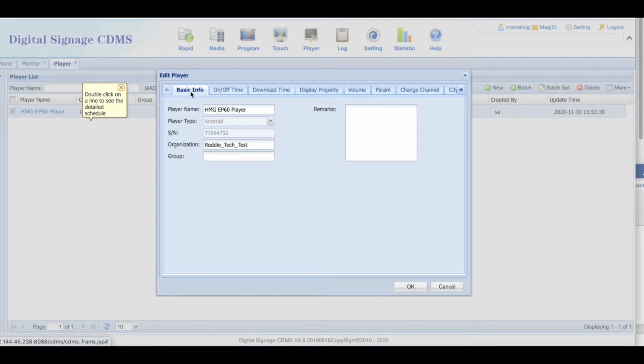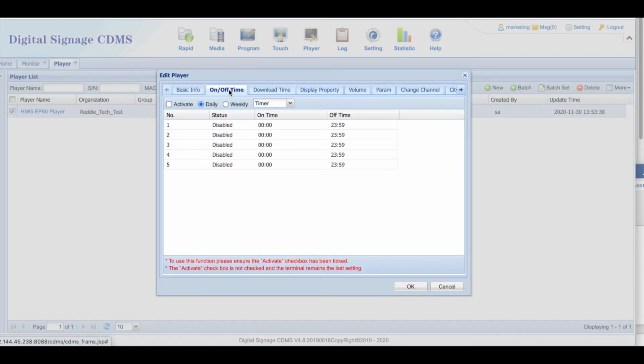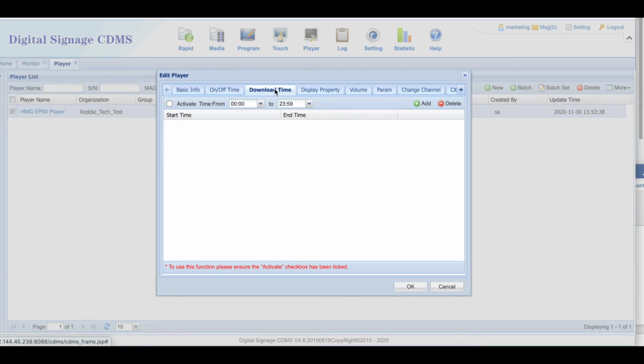The On-Off Time tab allows you to set a power timer schedule for your screen so that it can automatically power off during hours it is not in use, and power back on during hours that it is in use. The Download Time tab allows you to set a specific time period for your screens to communicate with the server. This is ideal if you do not have much available bandwidth during working hours, but only need to update your